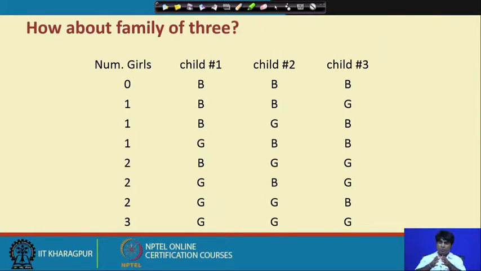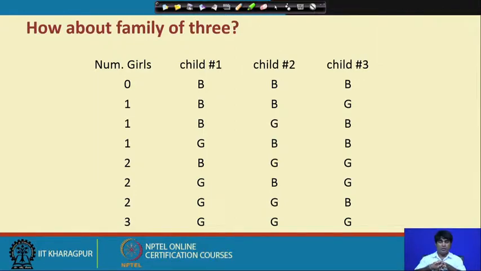That means we start with the simple structure, then generalize it, or you can extend it as per the particular requirement. For instance, if there is a family of 3, then one extreme will be G G G, 3 girls, and then 0 0 0. That means no girls and all girls. And in between, one family having 1 girl and the other 2 families having no girls, there are